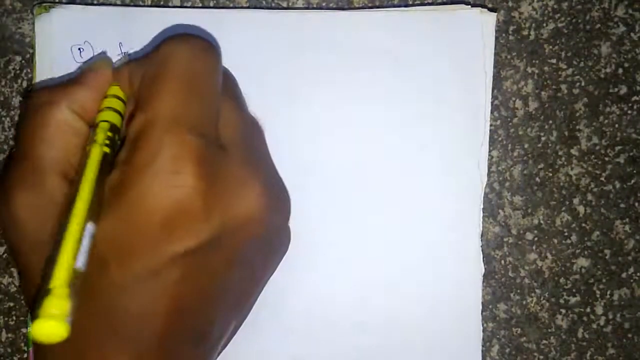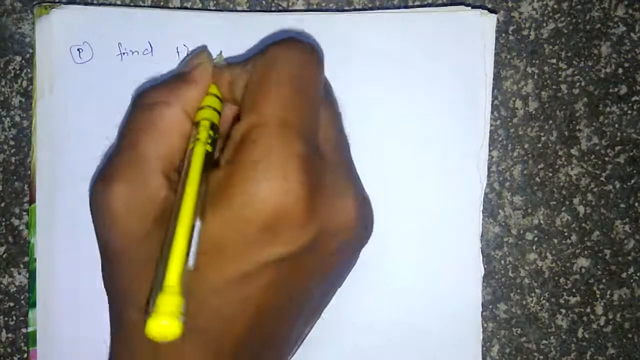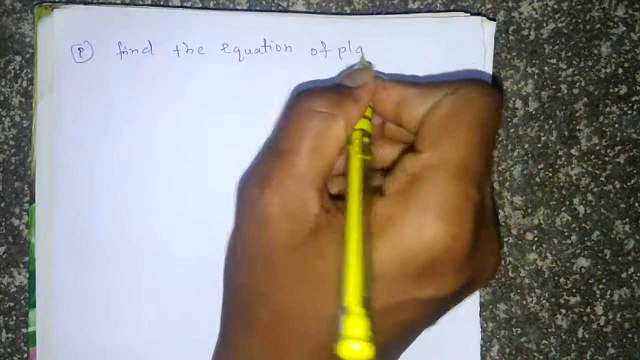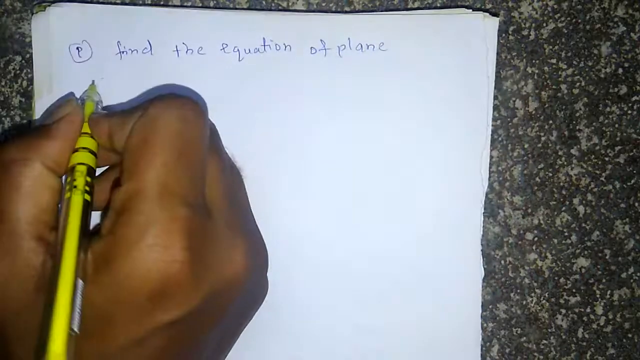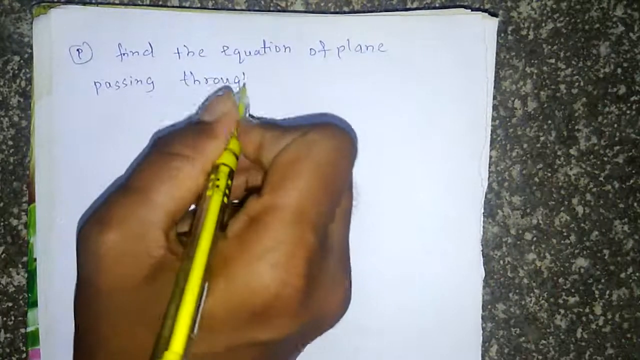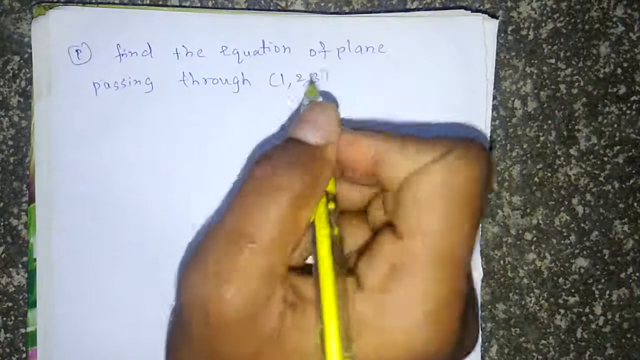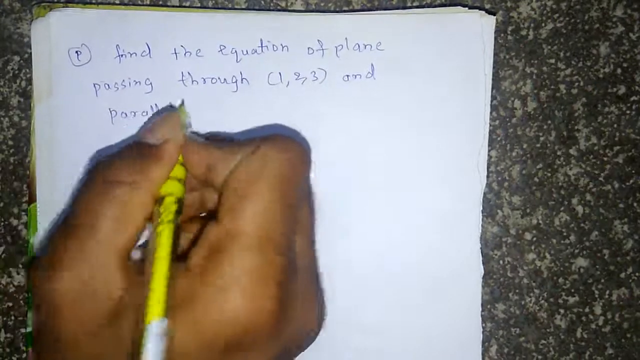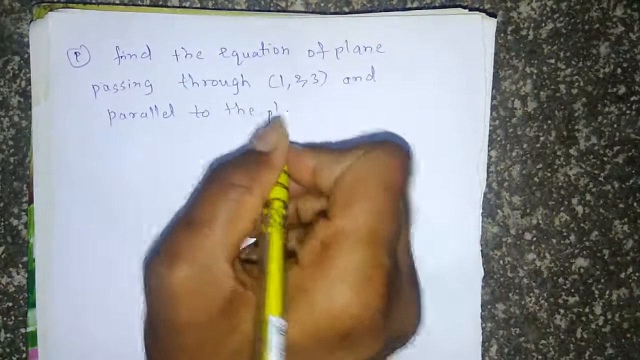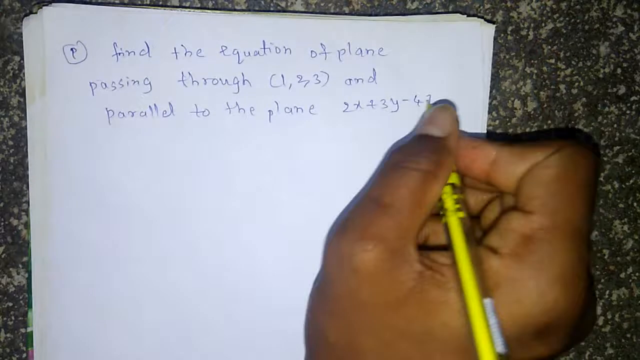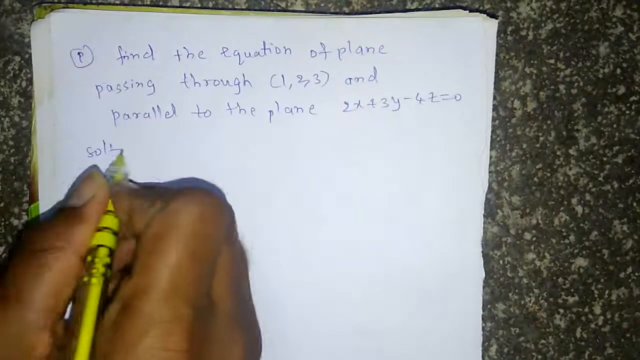So our next problem is find the equation of the plane passing through (1, 2, 3) and parallel to the plane 2x plus 3y minus 4z is equal to 0. So